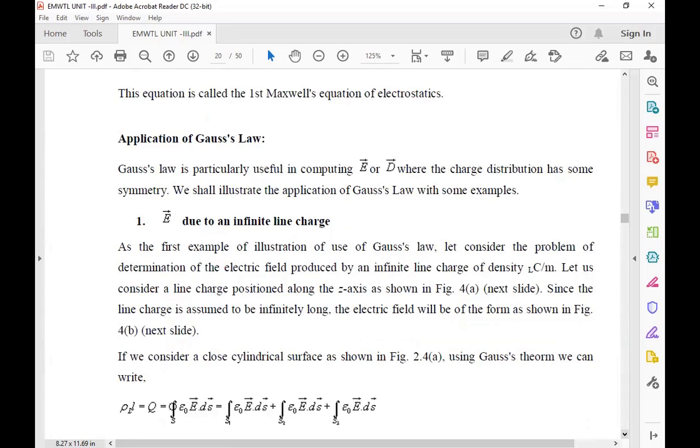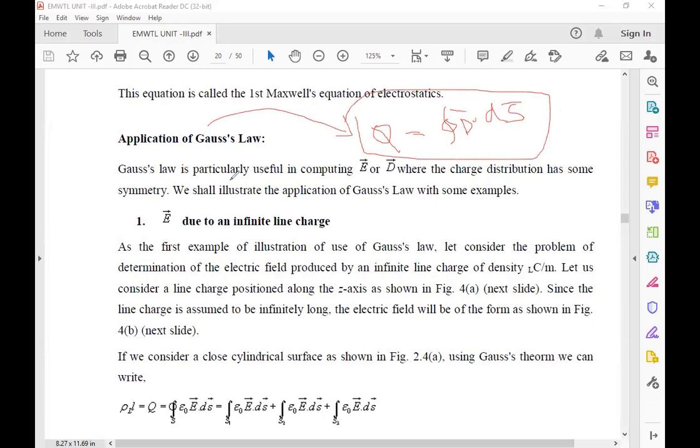In the Gauss law we learn that Q is equal to integral D bar dot dS bar. Whenever we say Gauss law, simply you can say Q is equal to integral D bar dot dS bar. This is the Gauss law of electric field, with D and E. When H and B are there, B is nothing but magnetic flux density, and we can call it the Gauss law of magnetic field. So Q is equal to integral D bar dot dS bar is the Gauss law.